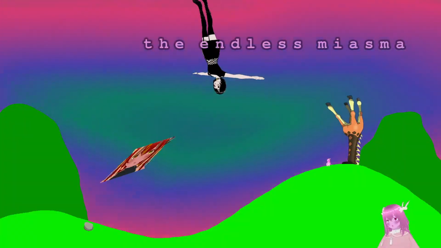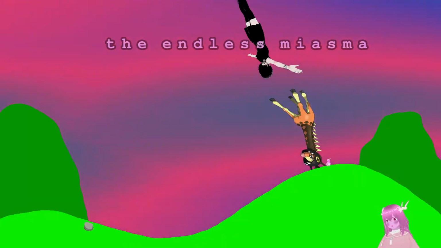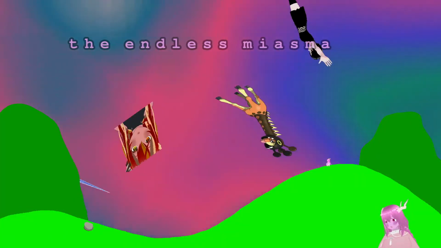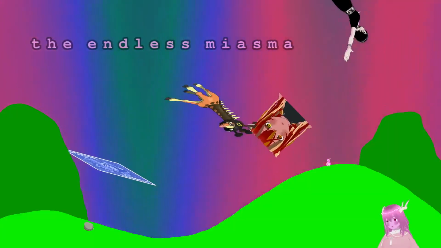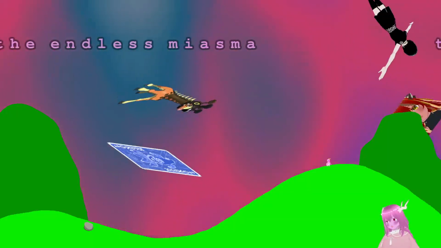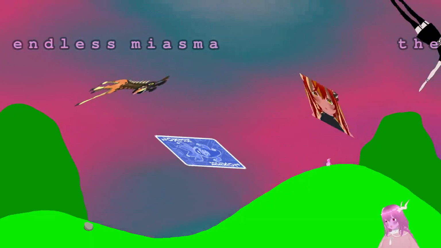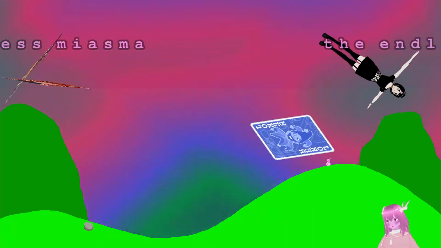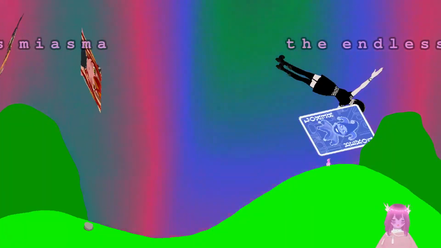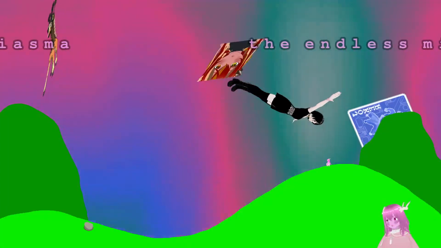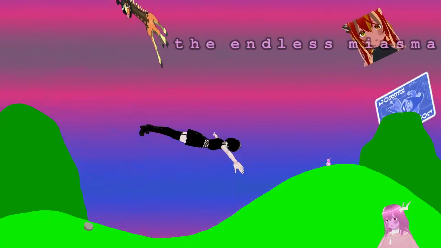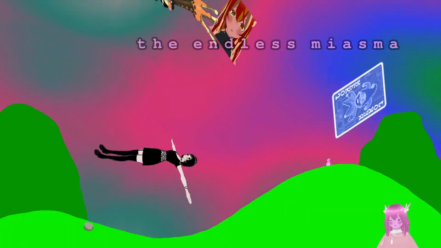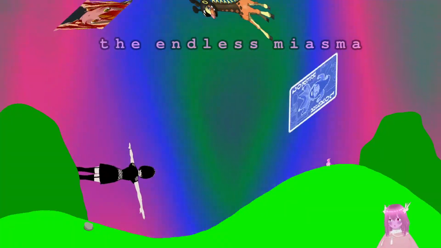Wait, I did put this in the wrong place. What the frick? These are like the customer character classes. Uh-oh. But yes, I had some plans, but we're just gonna jump right into Godot because I do have the ideas already. If it launches.